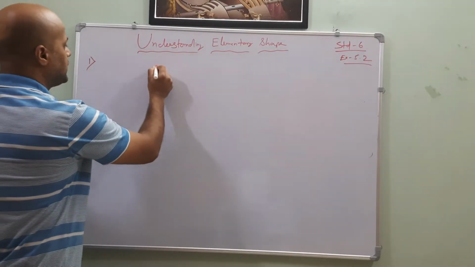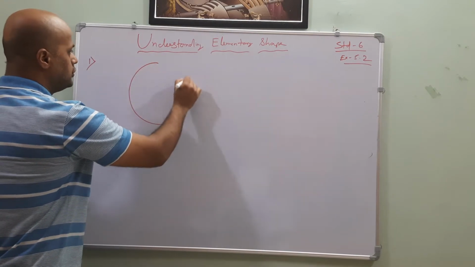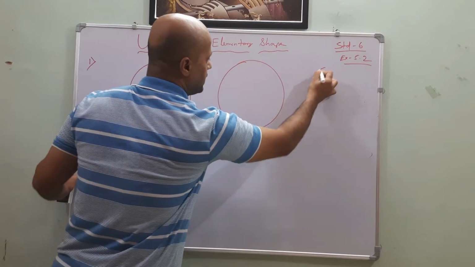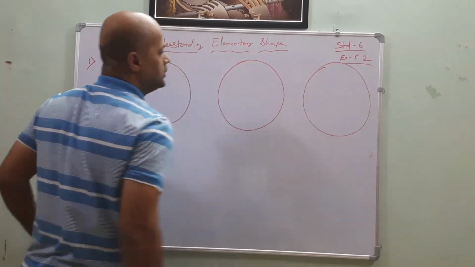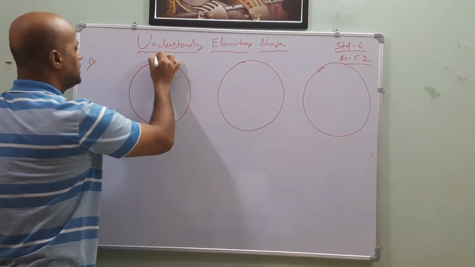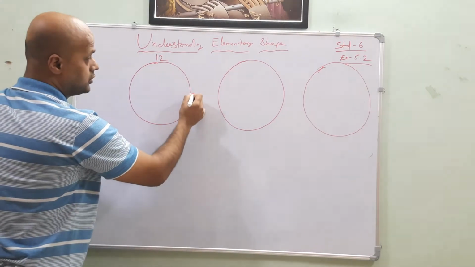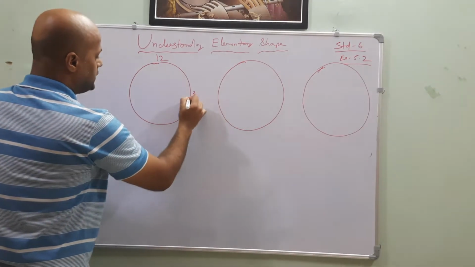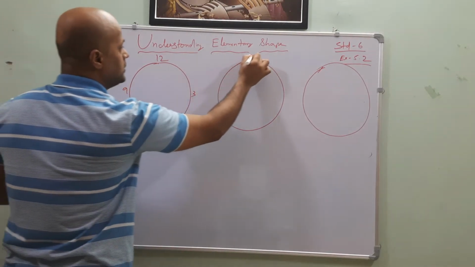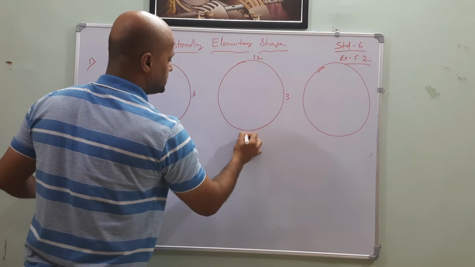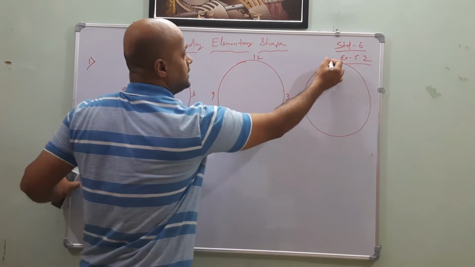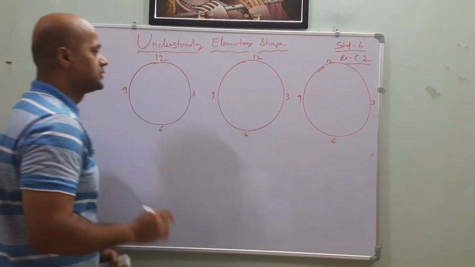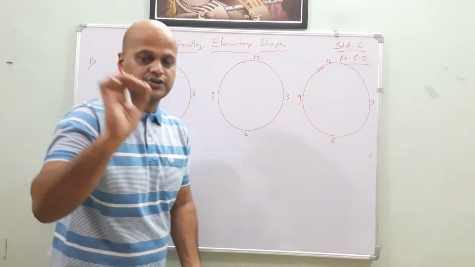So first draw a circle. I will do three points, and the remaining you have to do by yourself, my dear friends. Now draw the clock with the help of your compass. 3, 6, 9, 12. Here 12, 3, 6 and 9. Now I will do 3 points from question number 1.